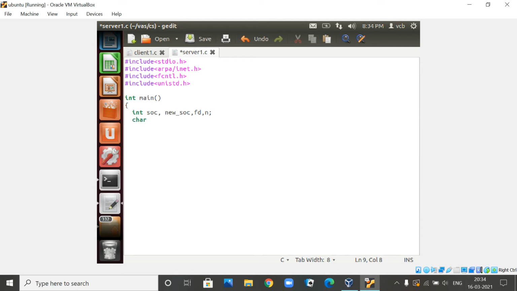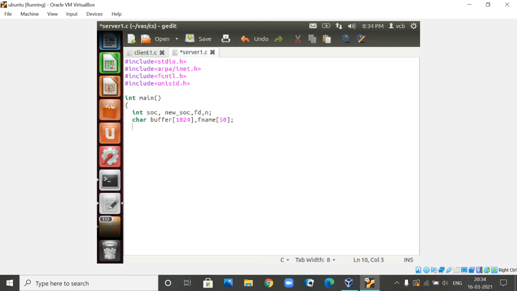Now for characters, we will use a buffer and a file name. Whatever file name the client is going to send, the server has to search for that particular file name.